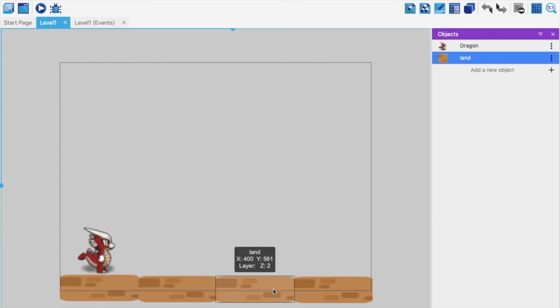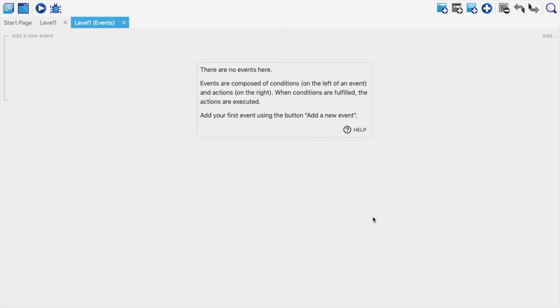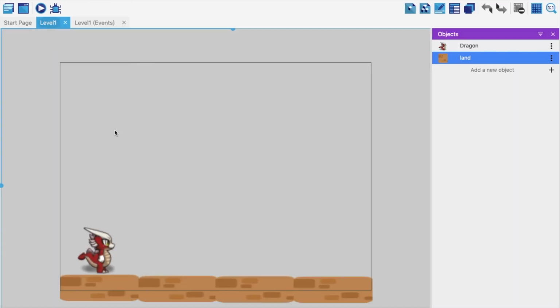Now, to continue with this, we really didn't do any code last time, so this class will try to cover a few codes also to get more information about how to start coding in GDevelop.